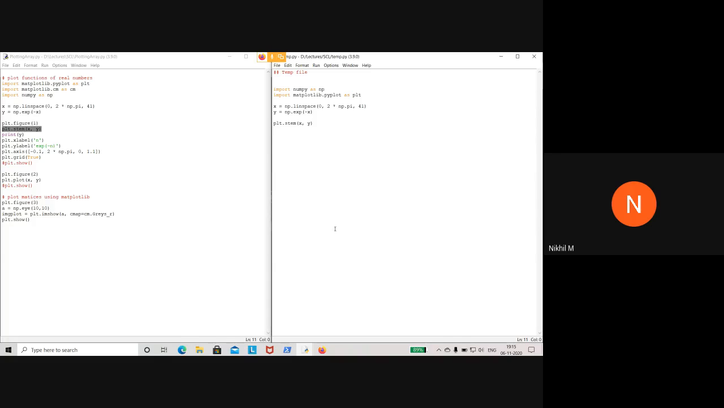So plt.stem basically gives me the stem plot, but it will not display it. If you want to see the plot, you need to explicitly tell it to show the plot. The way it can be done is plt.show. So that will explicitly show me the plot. If I run this thing,